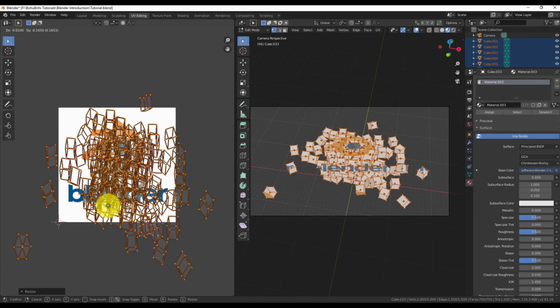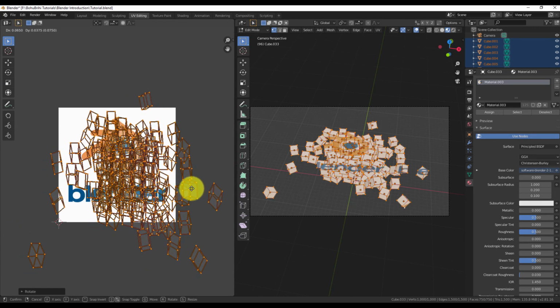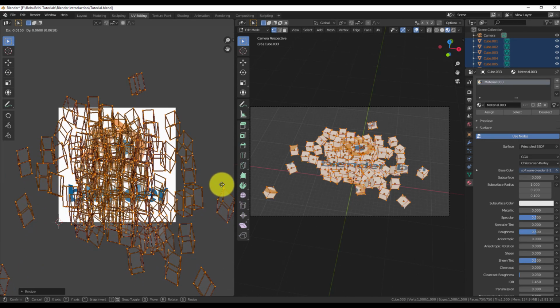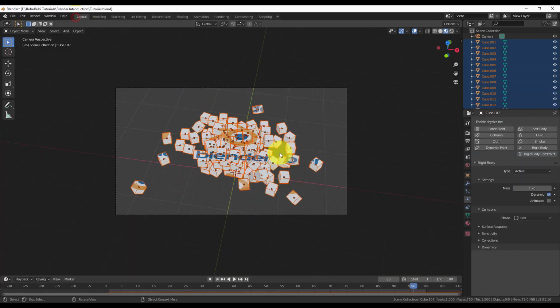Move them with G, maybe rotate them a bit, and that's basically it. If we go to the layout tab now to play the animation, you will see